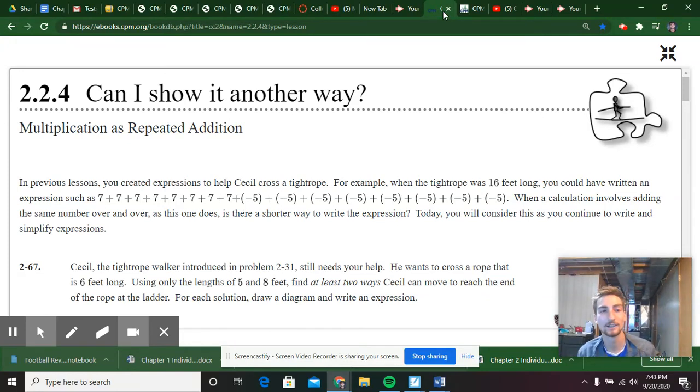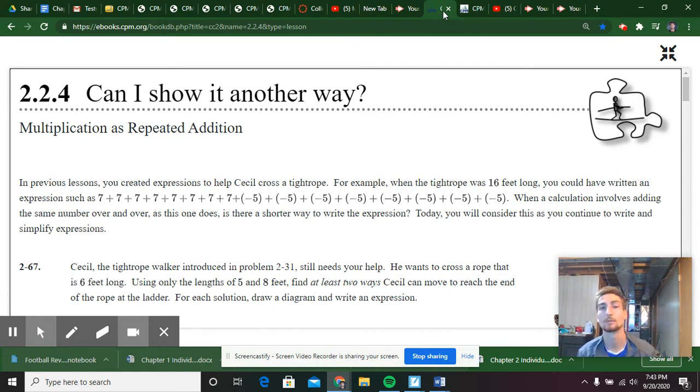All right, so now we're taking a look at 2.4. Can I show it another way? And here we're focusing on multiplication as repeated addition. In previous lessons, we've created expressions to help Cecil cross a tightrope. For example, when the tightrope was 16 feet long, you could have written an expression such as 7 plus 7